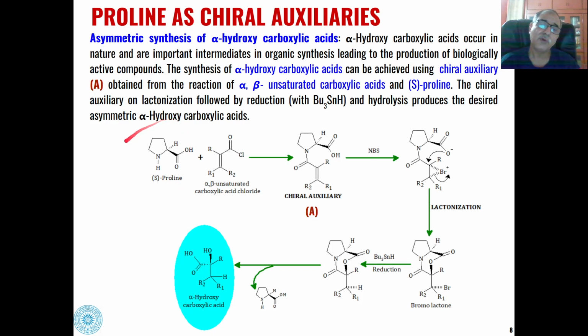So when S-proline is reacted with alpha beta unsaturated carboxylic acid derivatives, for example, here in this case we are using alpha beta unsaturated carboxylic acid chloride as the starting material. So this acid chloride will react with this amine to form this type of amide based chiral auxiliary derived from S-proline,